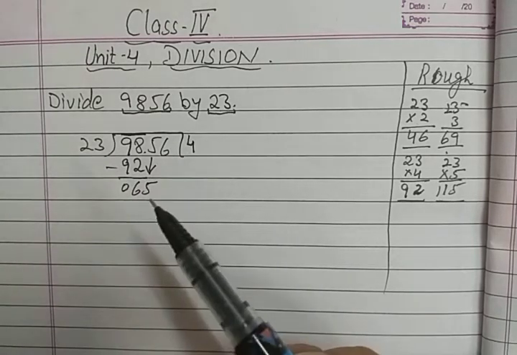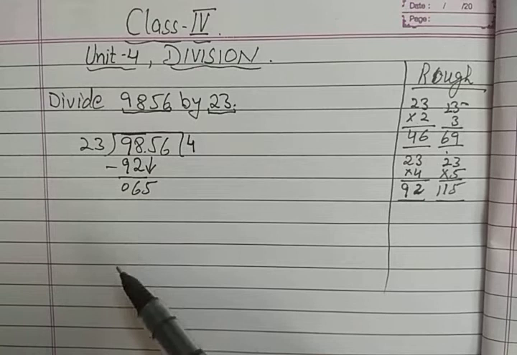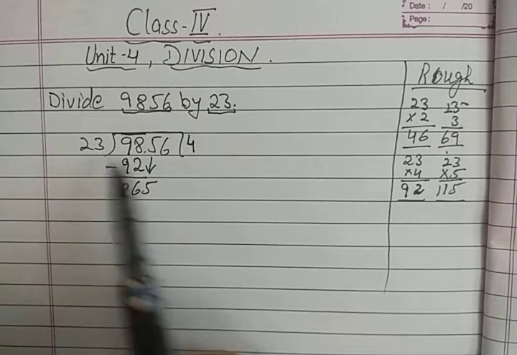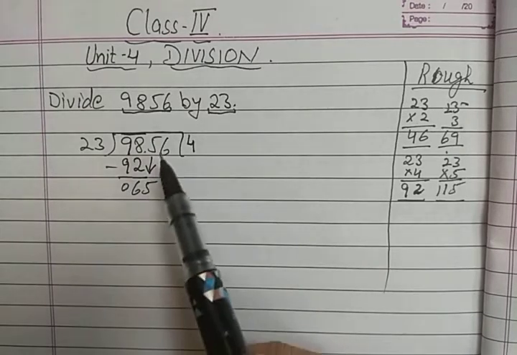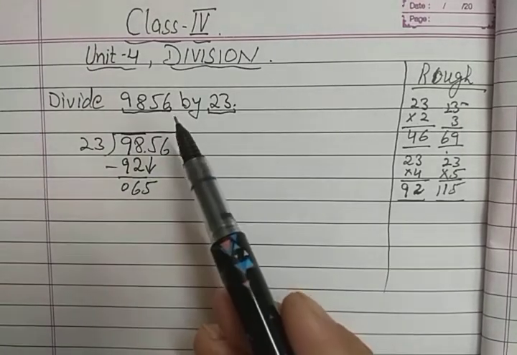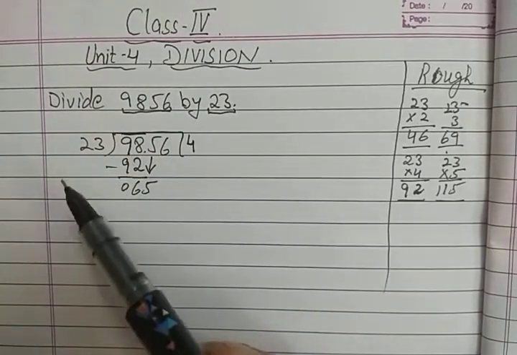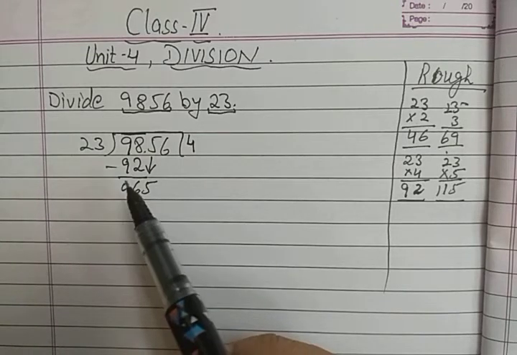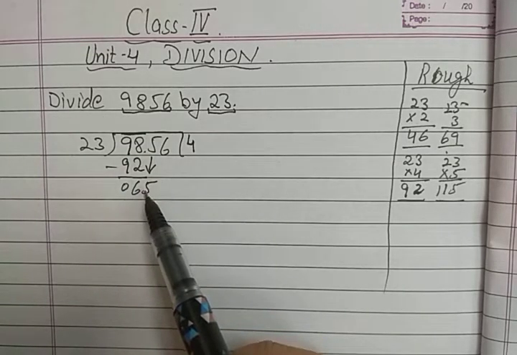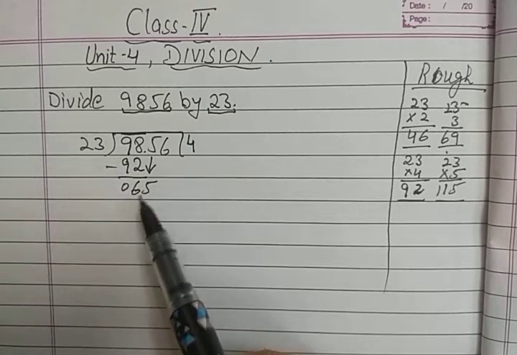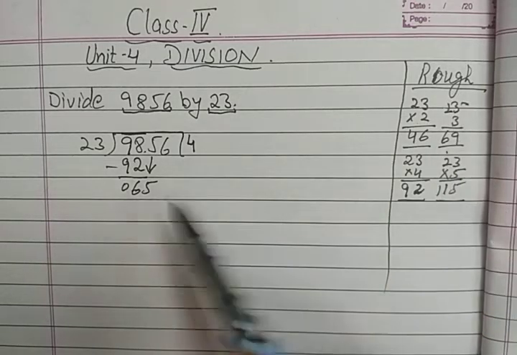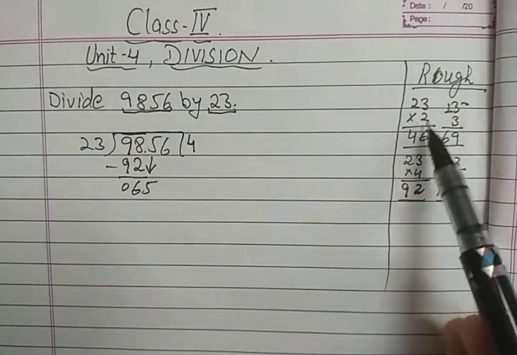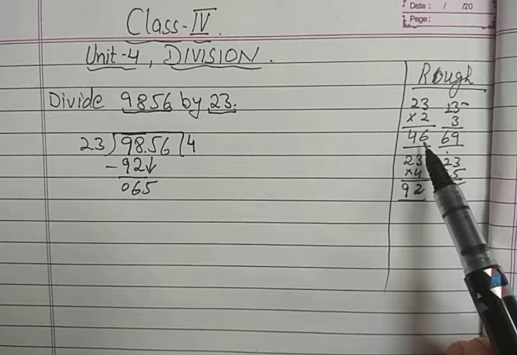Otherwise, the procedure is the same as when you were dividing by a single digit. You just have to make a table here. Otherwise it is very easy because it is the same as you have already done in worksheet number 2. One digit will come down. Now we have to recite the table till 65. Now here 92 is greater, 23 3s are 69 is again greater. Now 23 2s are 46.